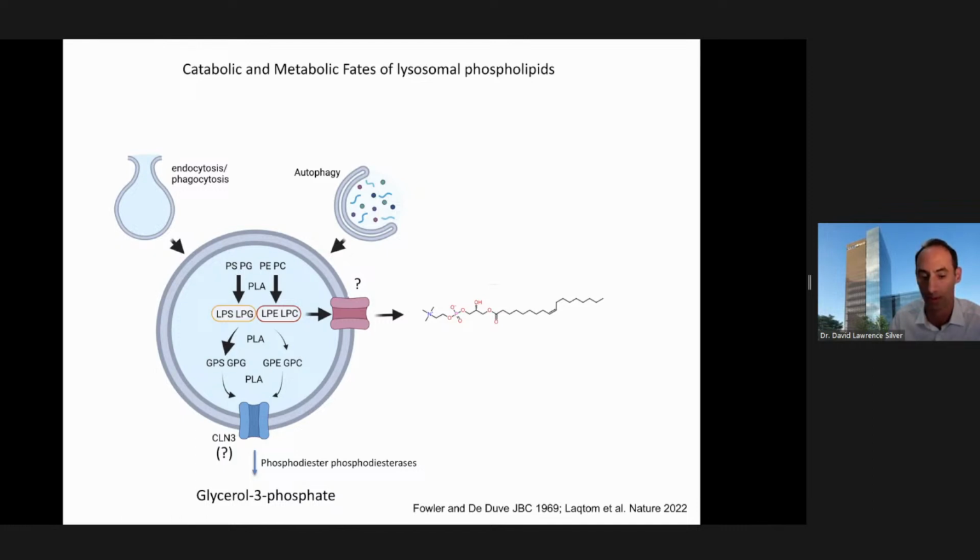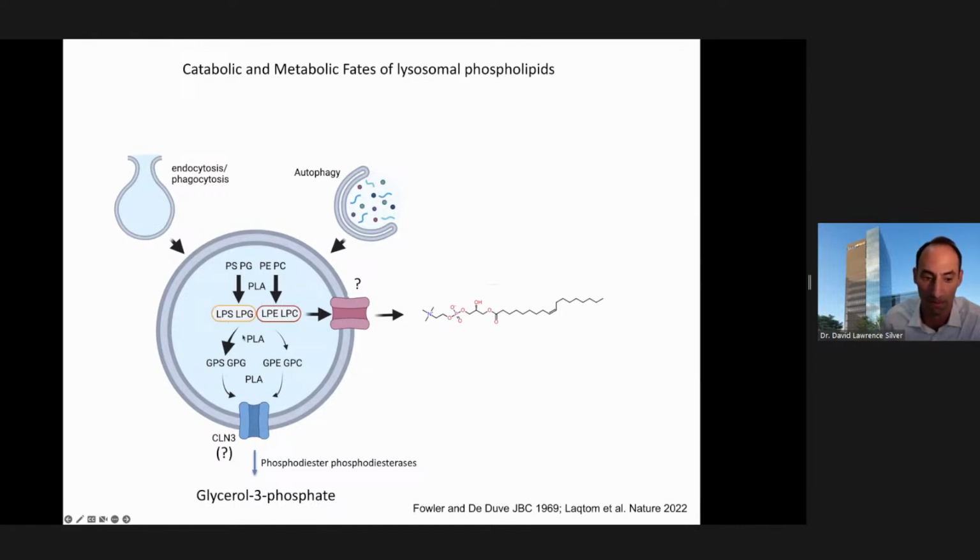So looking at an old paper from 1969, Christian de Duve's lab at Rockefeller, who discovered the lysosome, was interested in understanding the biochemical fates of phospholipids within the lysosome. And just to summarize some of his findings with this diagram here, he showed back in 1969 that phosphatidylserine, phosphatidylglycerol, phosphatidylethanolamine, and phosphatidylcholine, all shown here in abbreviations, are acted upon by phospholipases, whether they're A2s or A1s. There's a mixture of these in the lysosome, but they end up with a pool of lysolipids